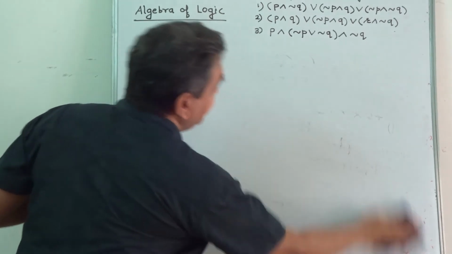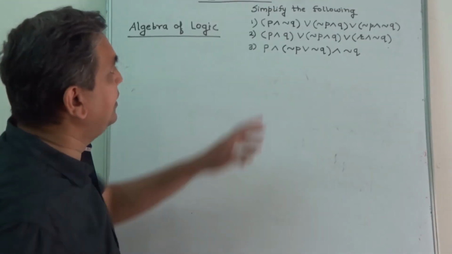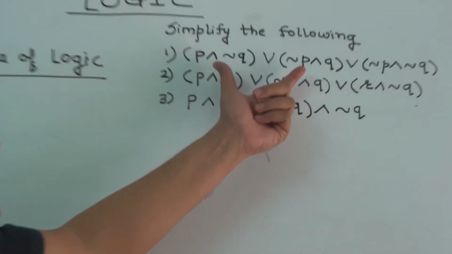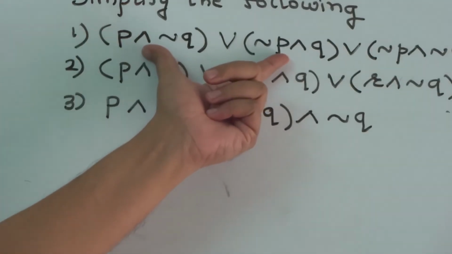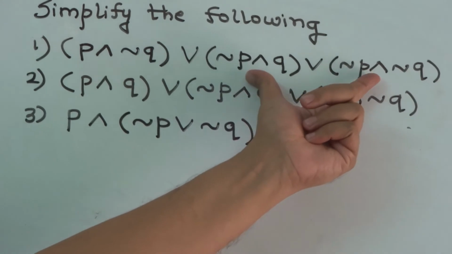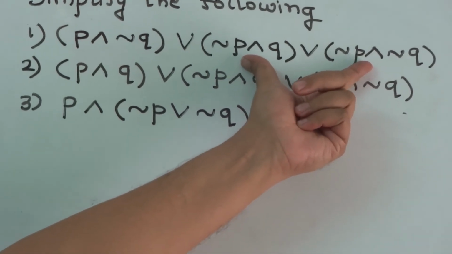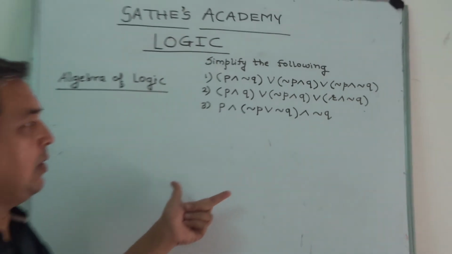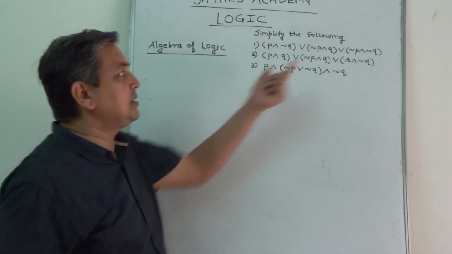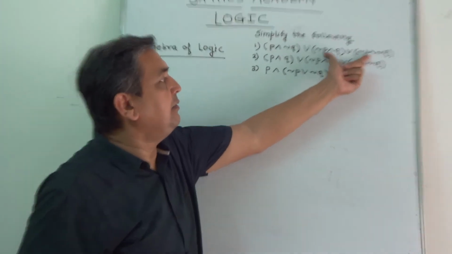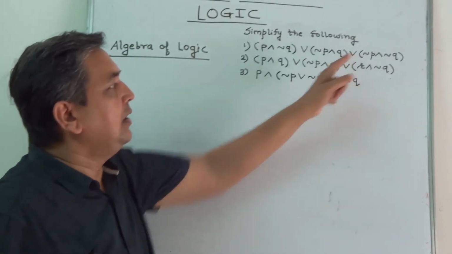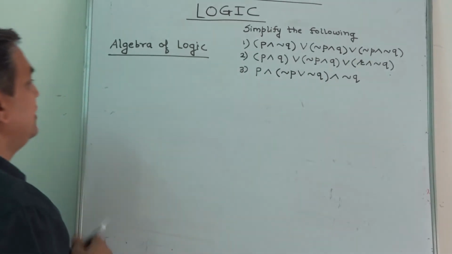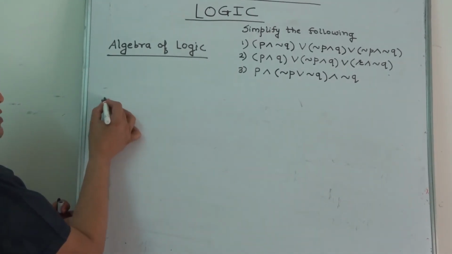See the first question, which property we can use over here? Now if we consider this, there is no common thing, but here we can see negation P is common in these two brackets. Now we have seen distributive law. See the reverse of this. Two brackets are given. Here is OR, and between these two there is AND with negation P common. So see how we solve the first problem.